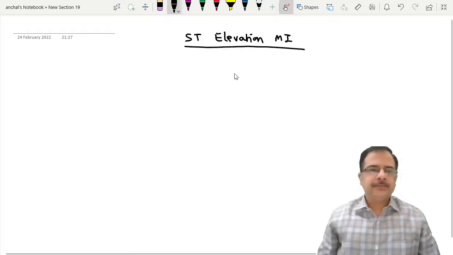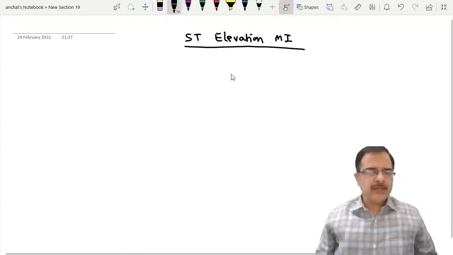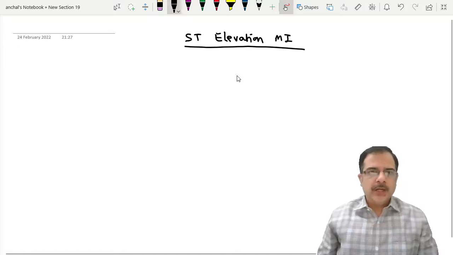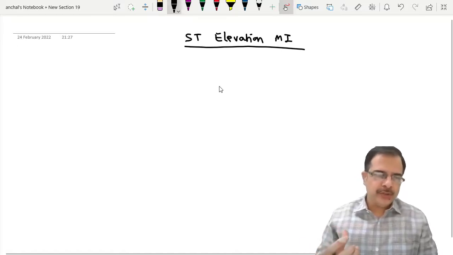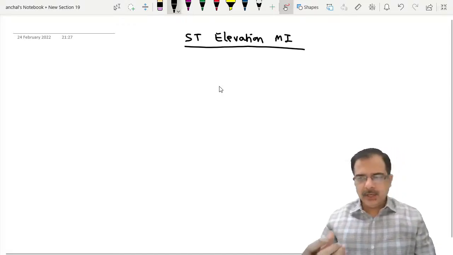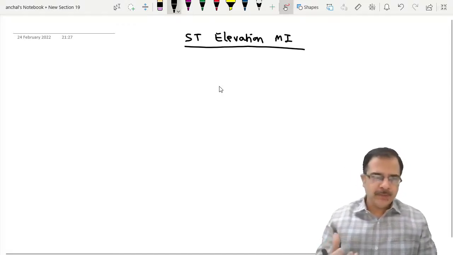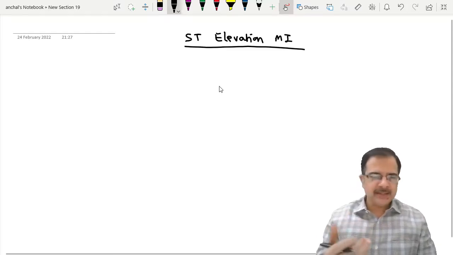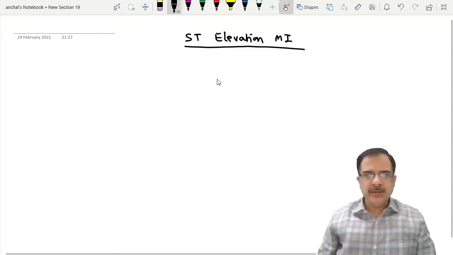One of the ischemic heart diseases, or we can say one of the acute coronary syndromes. ST elevation MI, we all know, is due to atheromatous plaque rupture, with a sudden blockage of the epicardial vessels leading to ST elevation MI